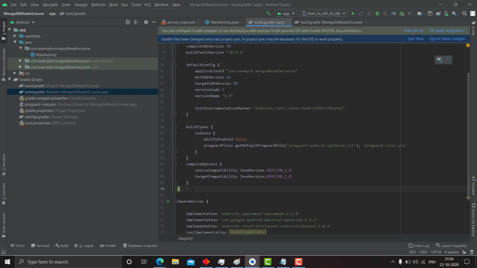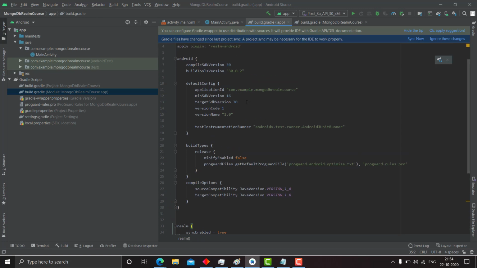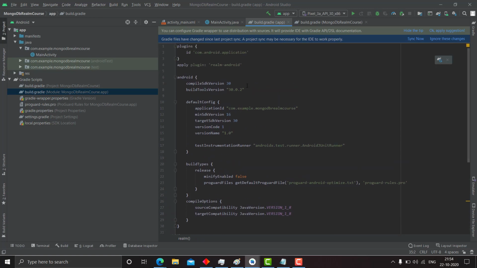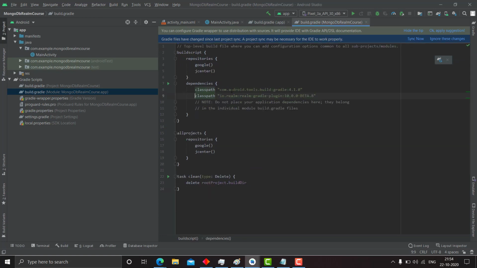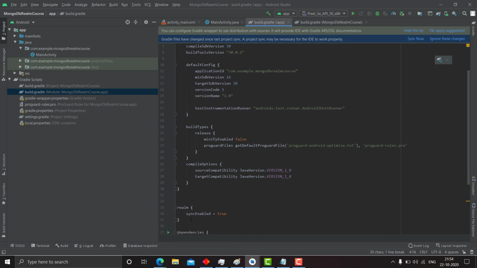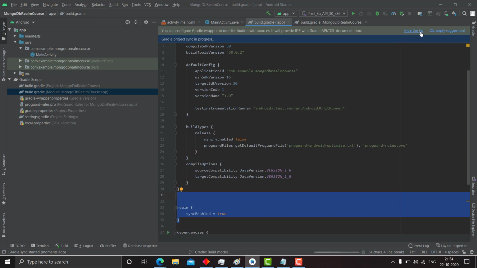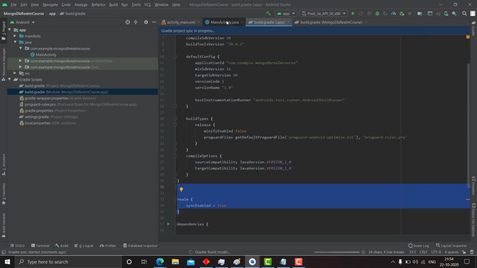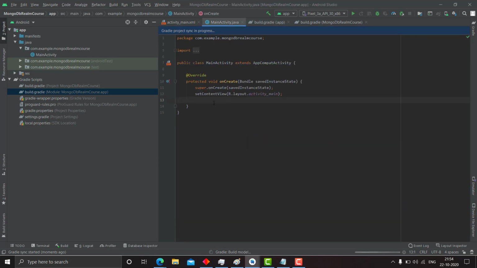You can add it just above dependencies. These three will configure a Realm app to work with Android Studio. This will apply the plugin, this will fetch the plugin class path, and this will enable sync for us. Just sync the Gradle files.